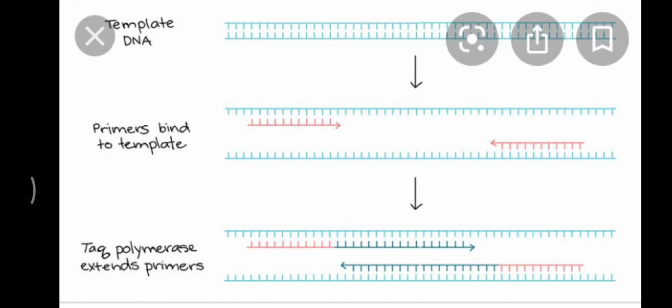The PCR or the polymerase chain reaction is very important, and it is asked as a 5 mark question, 3 marks also, and sometimes it also comes as a 1 mark question, such as what are the requirements of PCR, or what are the various steps involved in PCR, or name the enzyme that is involved in PCR, or why thermostable DNA polymerase is required in the PCR technique. These are the most probable questions that are asked.